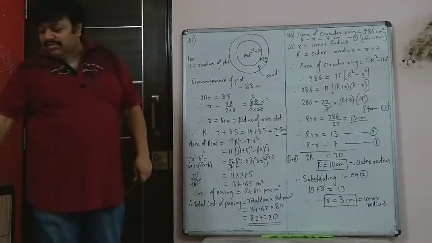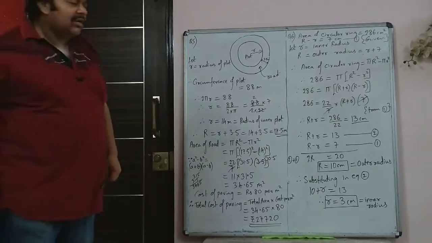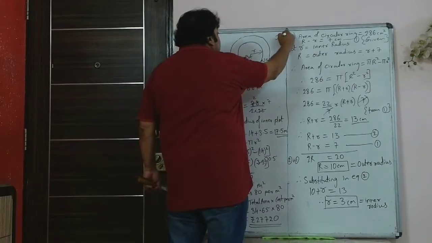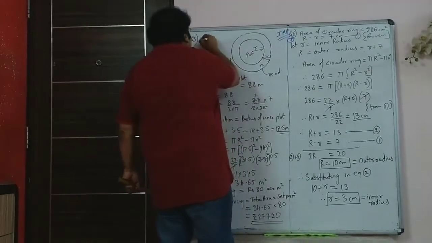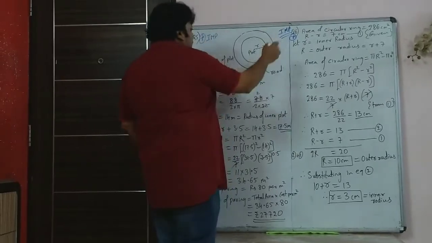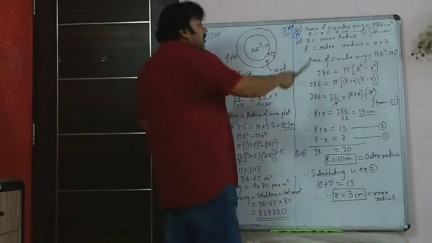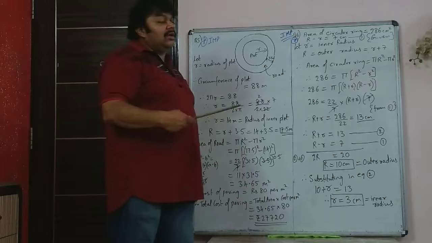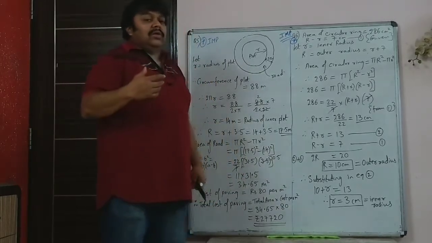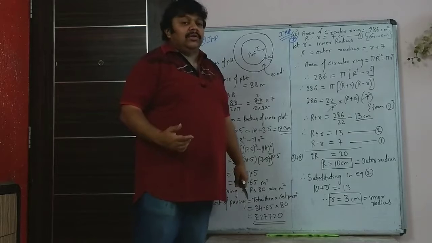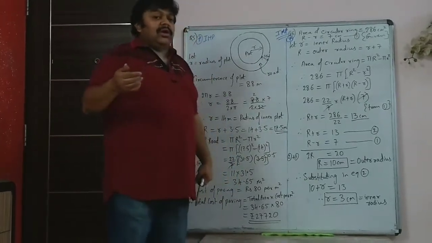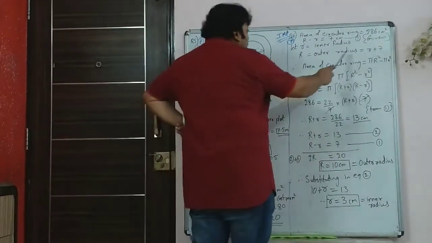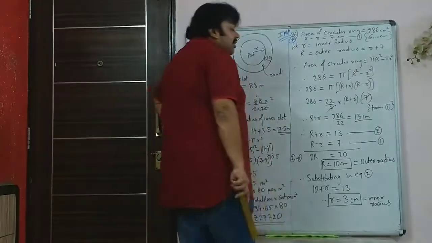Now the next sum, the sixth sum, is slightly different. You have to think a little bit in the start. So mark this sum as important. The sixth sum is important, even the fifth sum was important. But sixth, you know the method. First of all, you are given there is a circular ring which has an area of 286 centimeters squared. Now, circular ring area is outer area minus inner area. So it is pi capital R squared minus pi small r squared. So the inner radius is small r. Outer radius in this case will be small r plus 7.